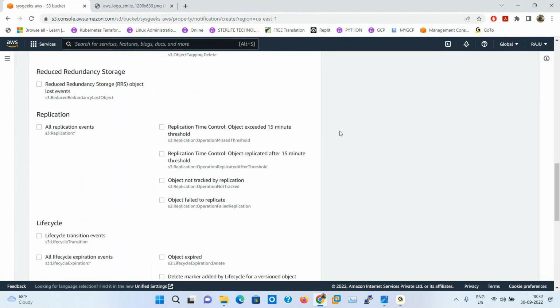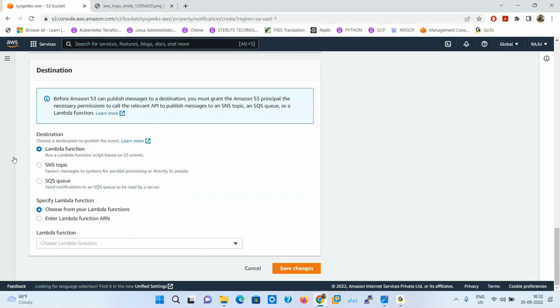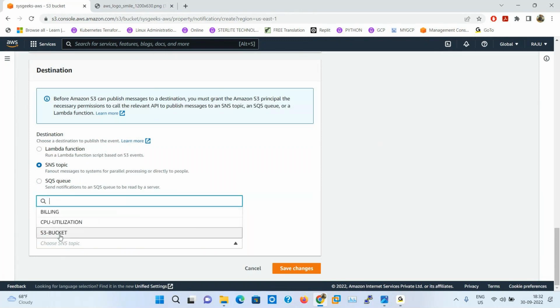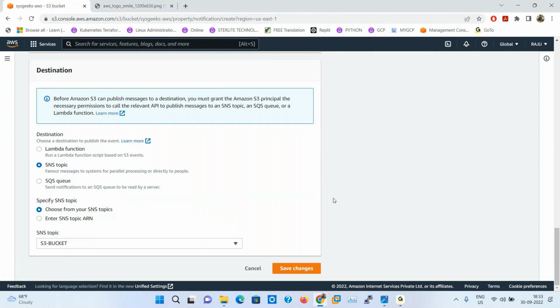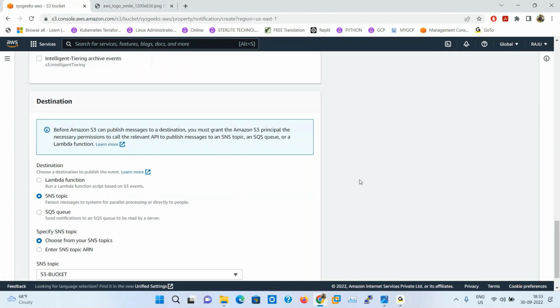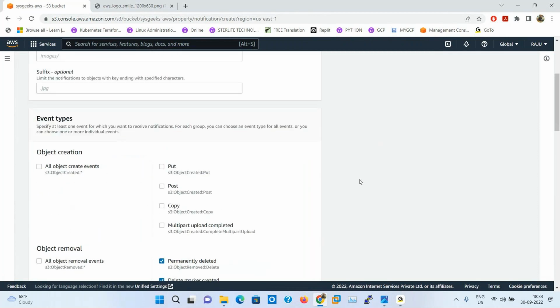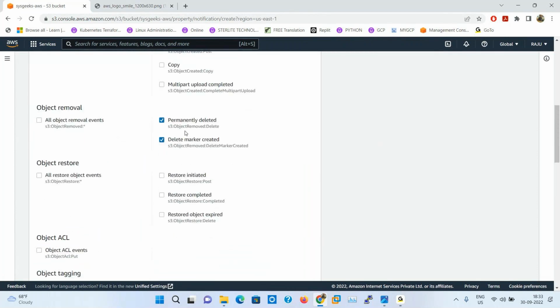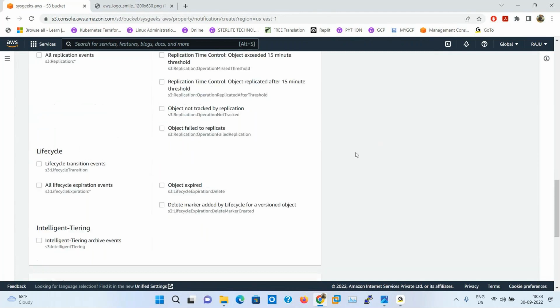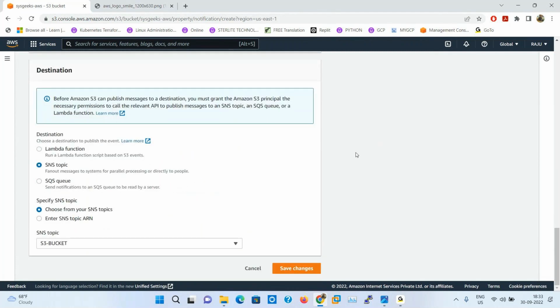Then how to trigger it? Under SNS, the notification type is S3 bucket. Then save changes. Already you know that. This bucket is already integrated with my email ID. Now in this bucket, any events related to permanently deleted or delete marker created will trigger the notification. So those are the things.